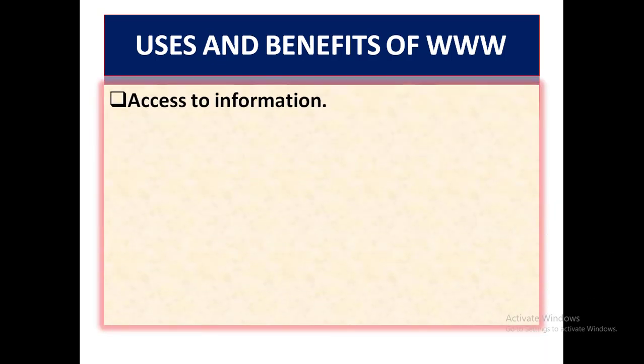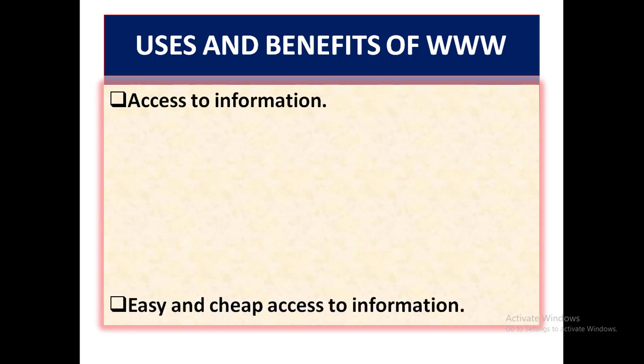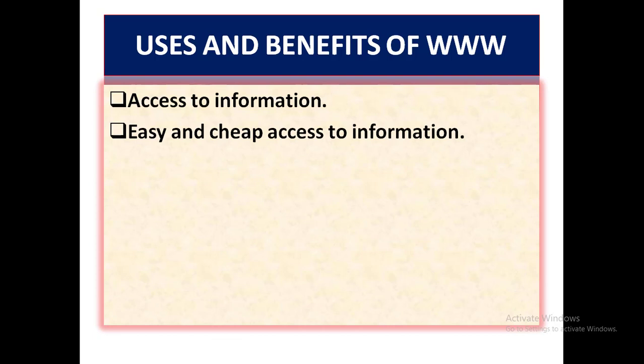But the first one we are looking at is access to information. The www enables us to have access to information all over the world. Anywhere you are, like you are having access to this information now, anywhere you are. That is the importance of the www. So the internet has provided us such an opportunity to have access to every information all over the world using the World Wide Web.